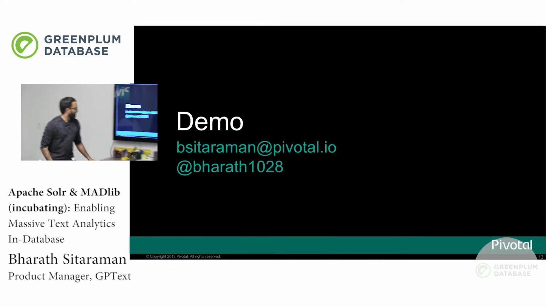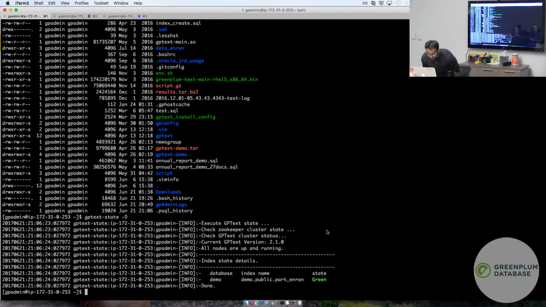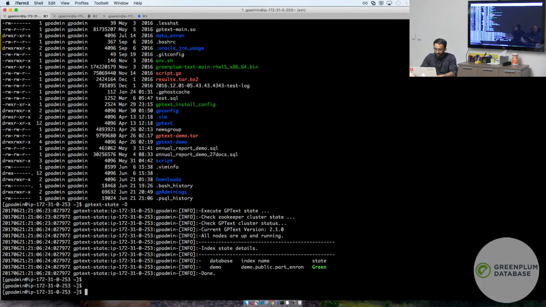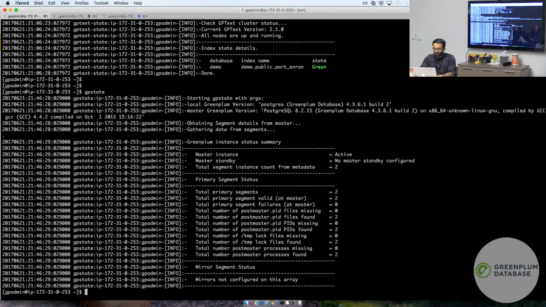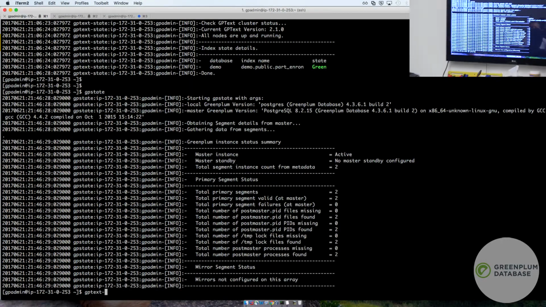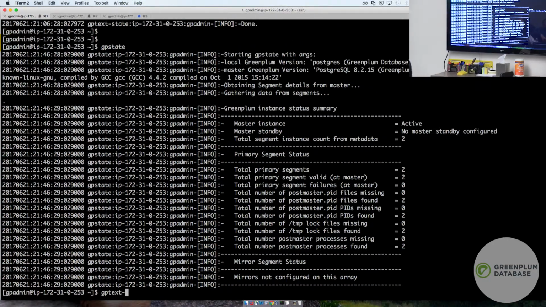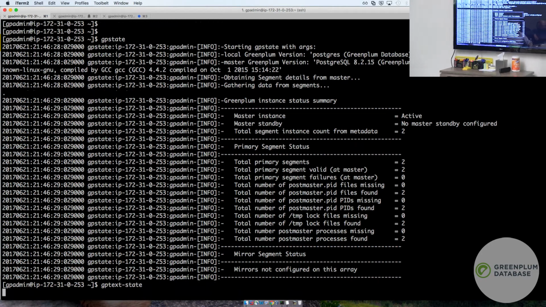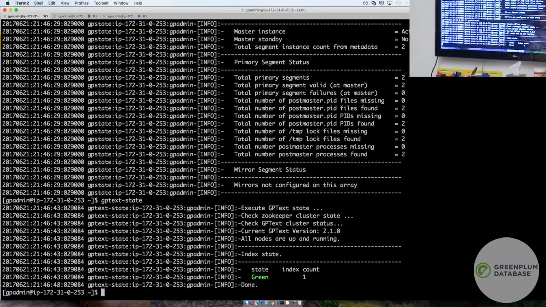So I'll give you guys a demo at this point. So here we have a small Greenplum instance. Is that better? I'll move to the side, if you guys can see. So just a small Greenplum instance that's running a small table of about